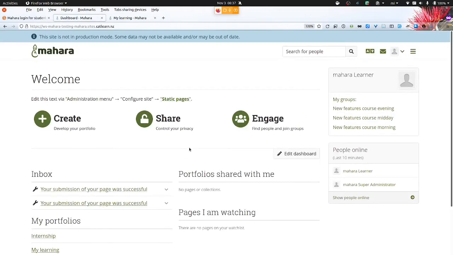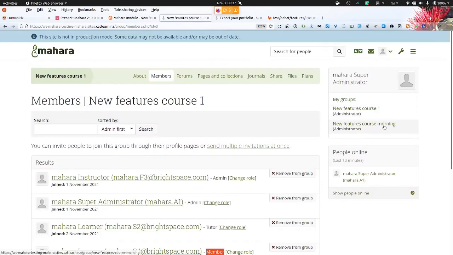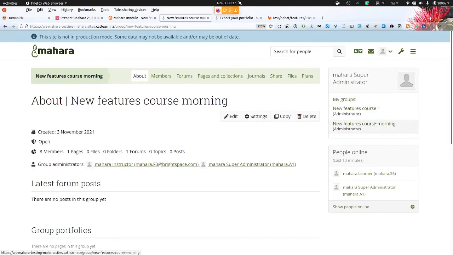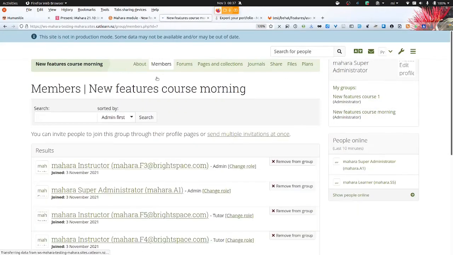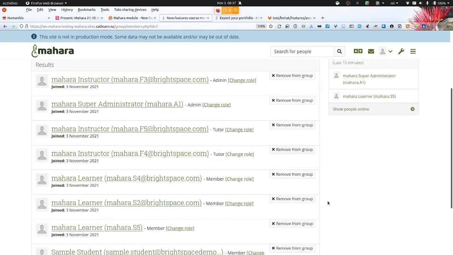And if my account isn't already created, I can create it, or yeah, it is being created automatically. And now you see on the right hand side, I'm automatically a member of that group, because by now, I've been talking long enough, all my group members have automatically made it into this group in Mahara.